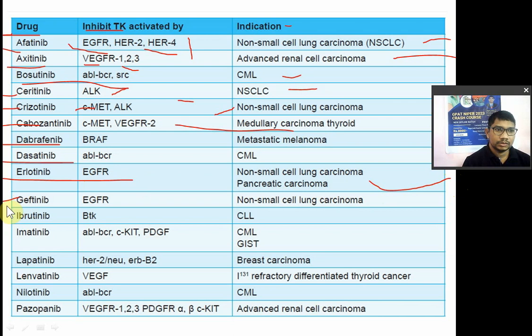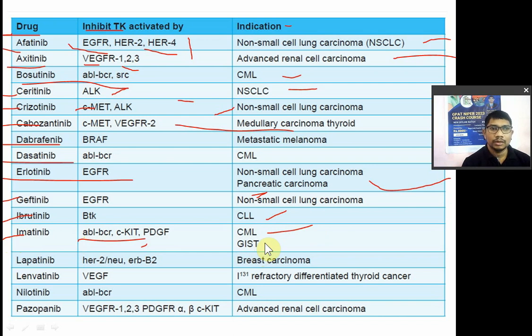Gefitinib, again the same thing, useful in small cell lung cancer. Ibrutinib, it inhibits the tyrosine kinase activity, which is increased by this gene BTK. So again useful in chronic lymphoid leukemia. Imatinib, again it is against the Philadelphia chromosome, useful in chronic myeloid leukemia and